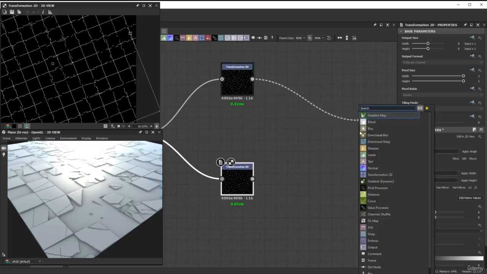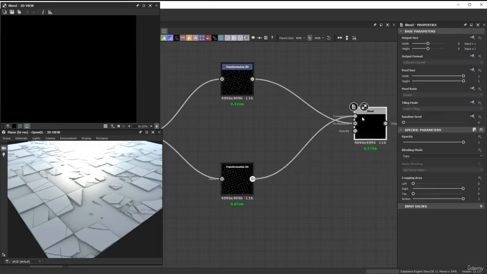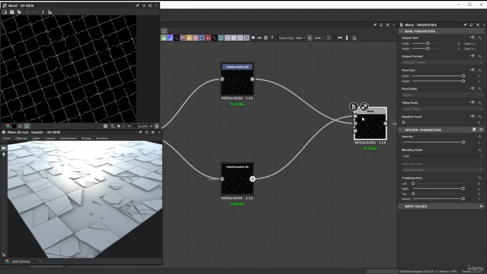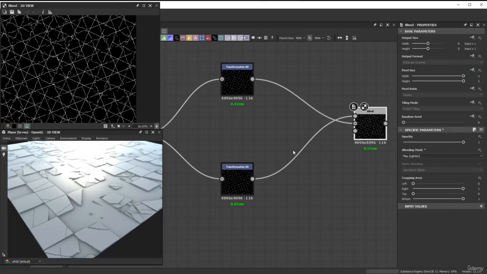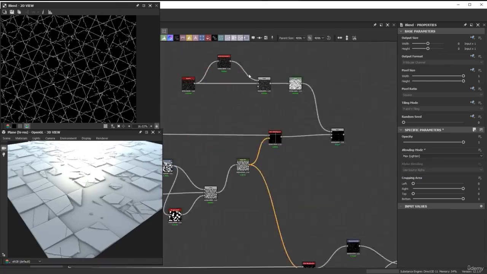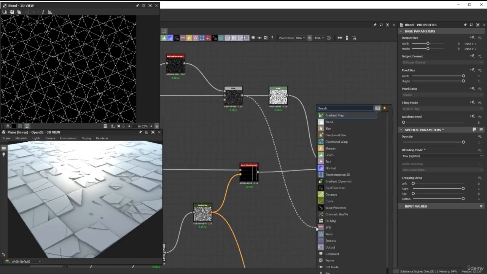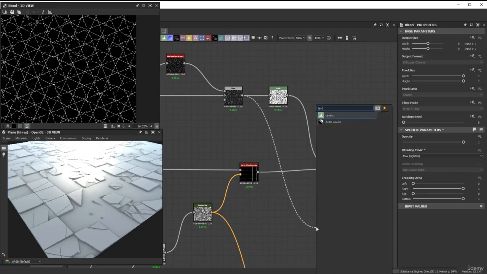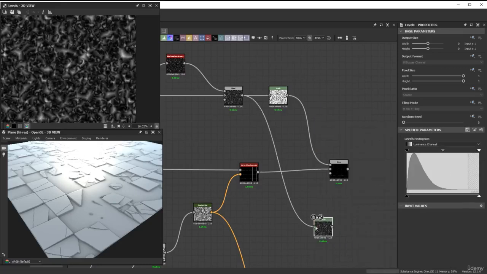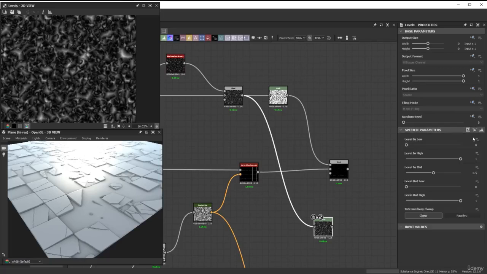Let's add a blend node here, and I'm gonna change the blending mode to max. Now I can use this setup that I've made earlier, and I'm gonna subtract this crystal from these lines also. Let's drag a line from here and bring in another levels, because I want to have some different values from this one. Let's enter these values, and